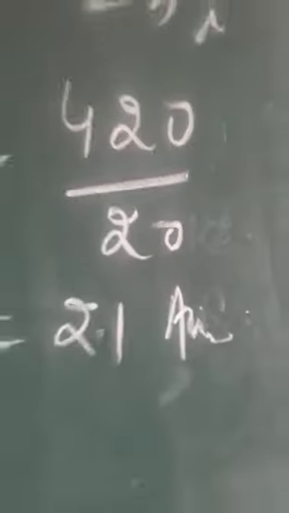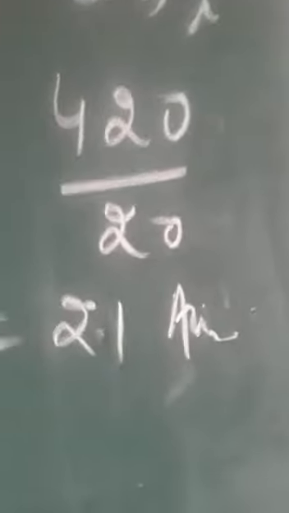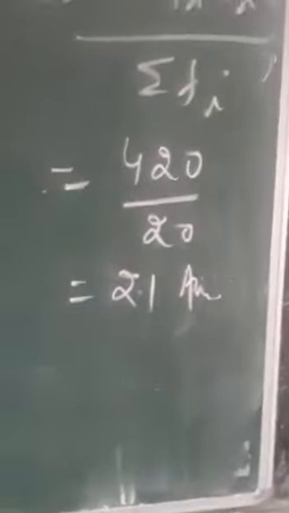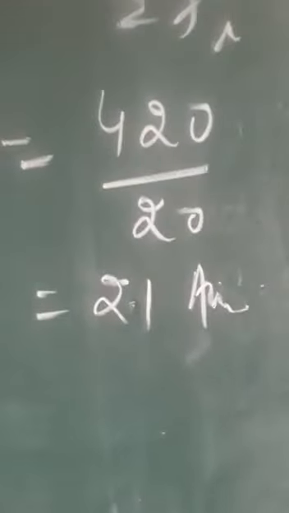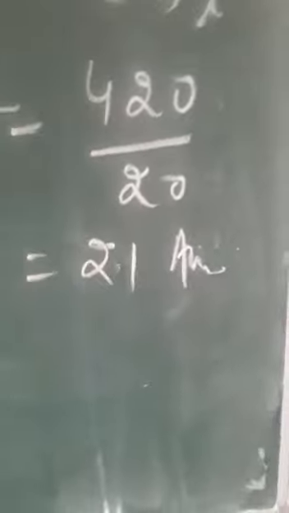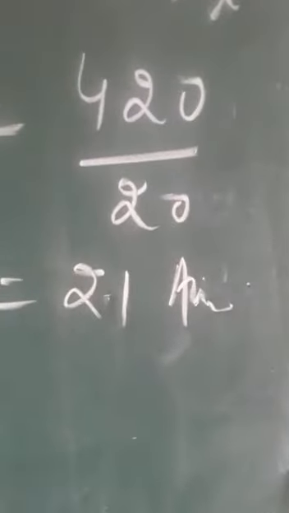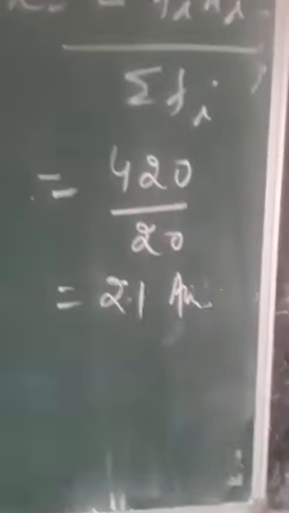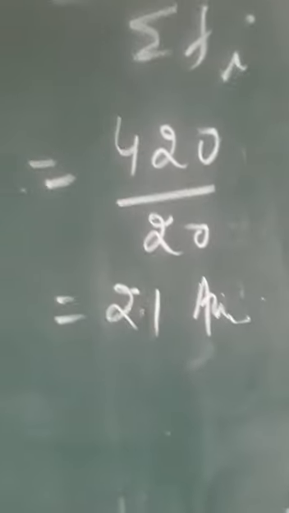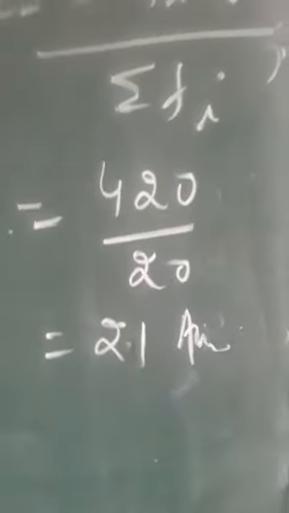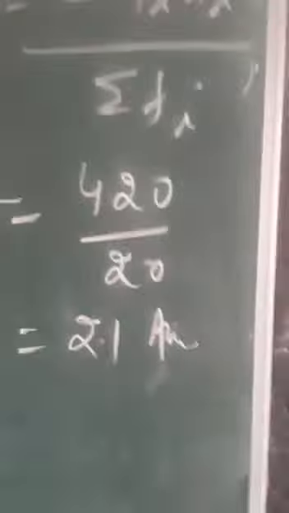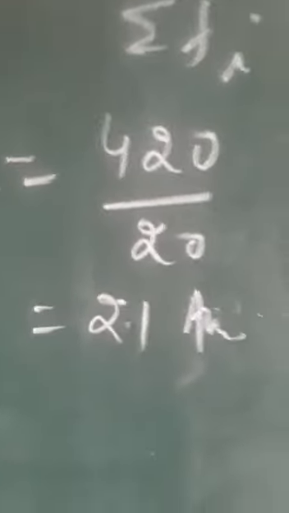It seems that it is 2.1, but it is not 2.1, it is 21. Okay. Now, this is the method to find the mean using grouped data. It is the direct method. Tomorrow, in the next class, I will discuss how to find the mean of grouped data using the assumed mean method and the step deviation method. Till then, you have to practice as much as possible to get command.